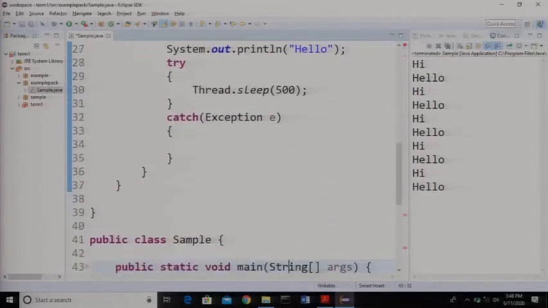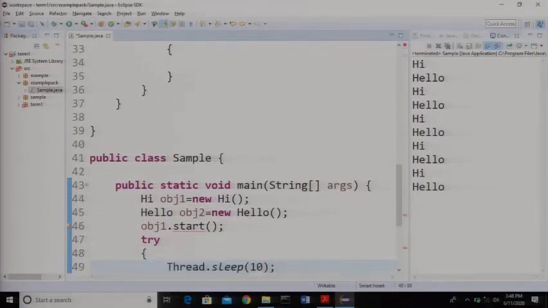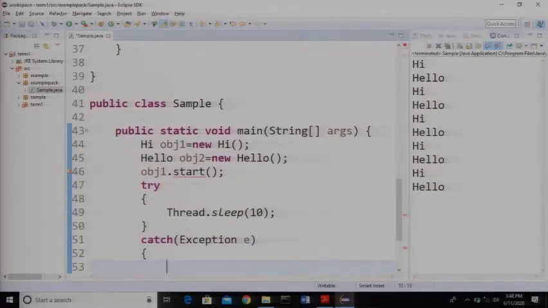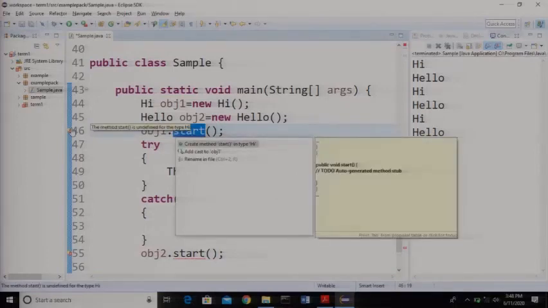In the main method, see, we had written earlier object1.start and object2.start over here. But now you can see that it is showing some errors over here. What is that error? Why are we getting this error?